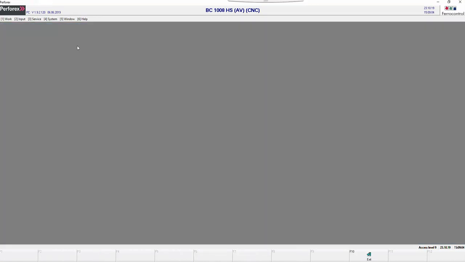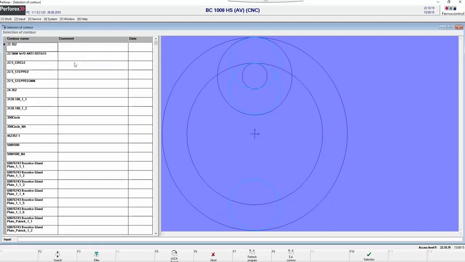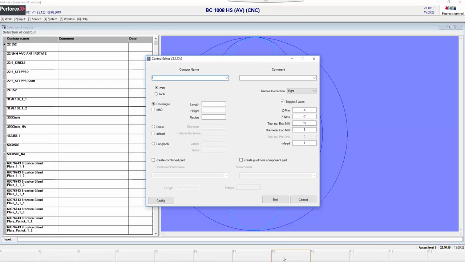I'm going to go back to our main screen or our home screen, and I'm going to go into Input and Subprograms and Contours. Now what I'm going to do is start and make a contour. I'm going to make a contour using F8 External Contour Editor. And I'm going to give this one a name. I'm going to call this contour pilot device, PD